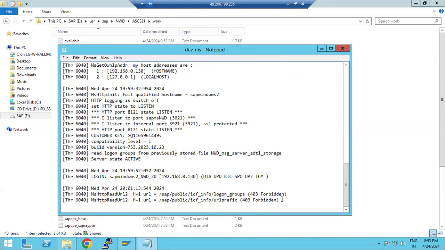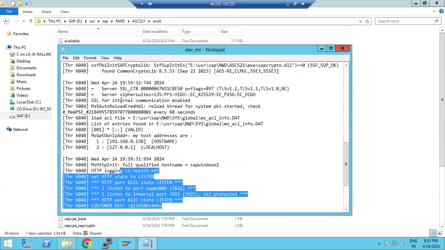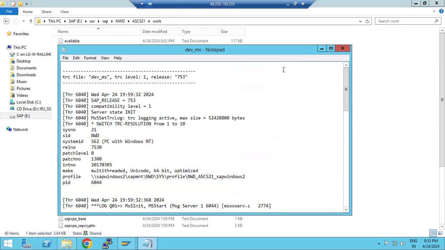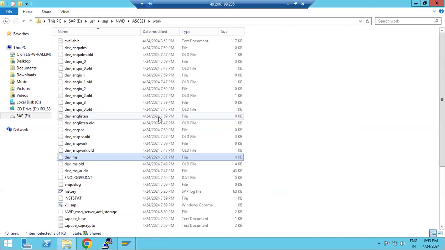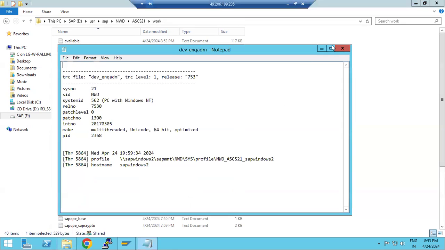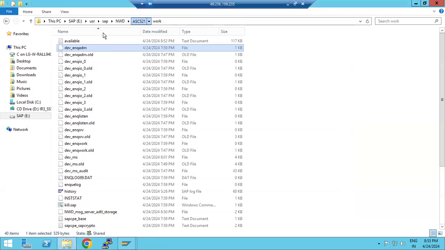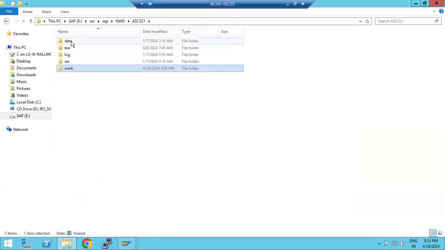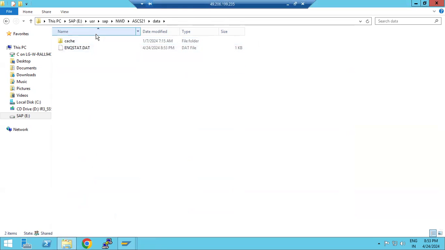So all the information you can see here: all the log files, message server, load balancing, any issues, all the information, enqueue server, enqueue ADM. All the information will be performed here, right? ASCS work directory, data directory, ASCS data directory, then